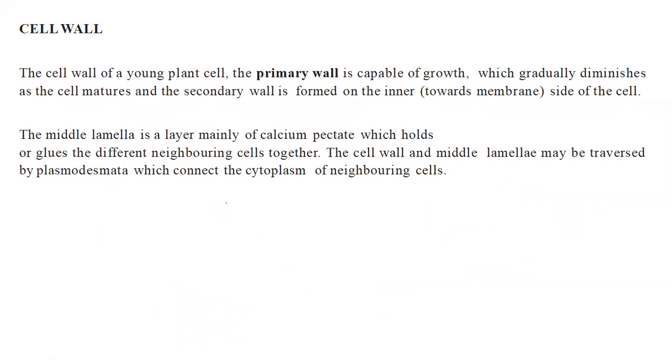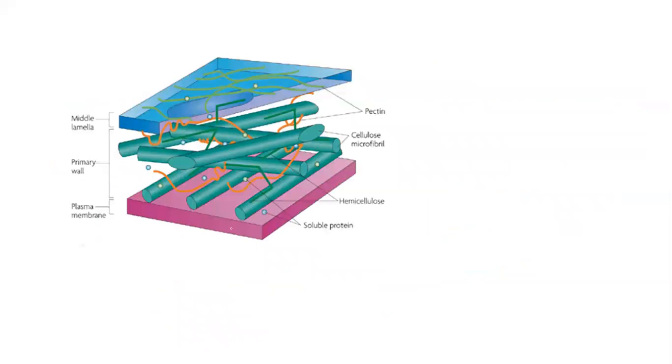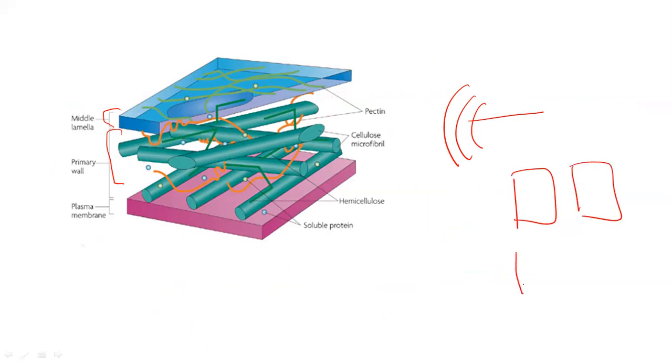Now, what are the layers? The cell wall of a young plant will have a primary cell wall, and after it matures, a secondary cell wall will be formed. In some you can see a tertiary cell wall also, and you can see the middle lamella. Let me show you the picture. This is the primary cell wall, which will mature and later form the secondary cell wall. The primary cell wall has this middle lamella. If these are like four cells,